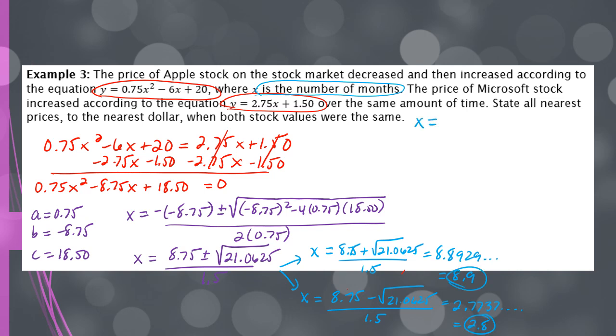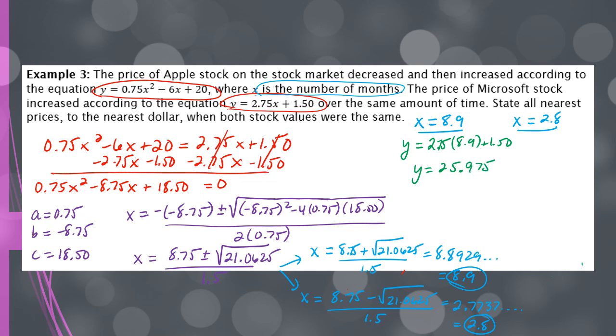So I have two x values: they're going to be the same price at 8.9 months, and they'll be the same price at 2.8 months. And now we have to figure out what that price is. So I'm going to plug some stuff in now. I'm going to say y equals 2.75 times x, which in this one is 8.9, and then plus 150. So I'm going to plug all of this information in, and that gives me